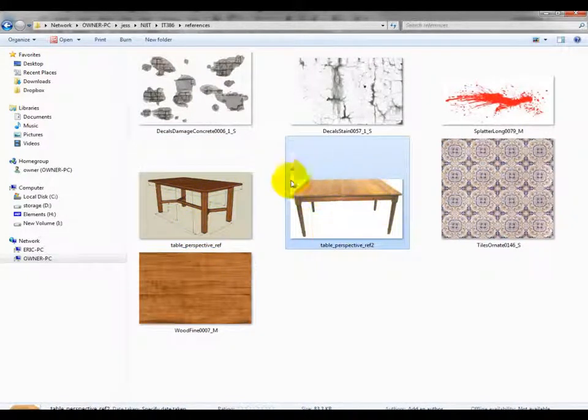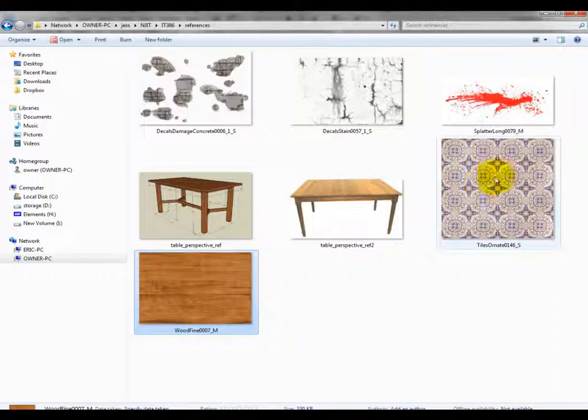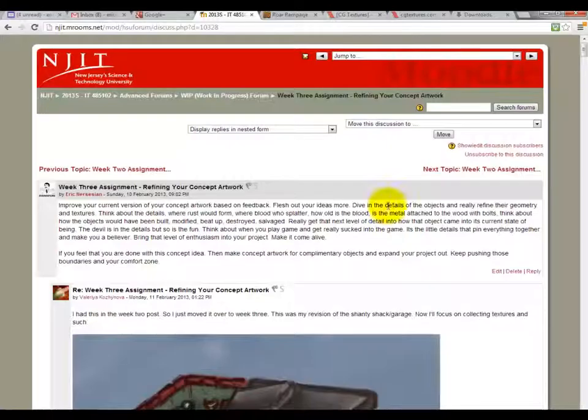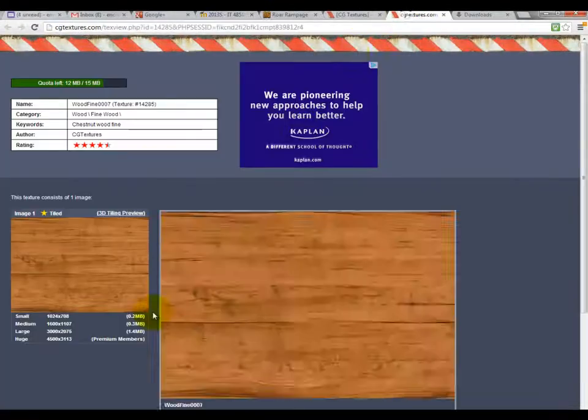But basically I was going to start with this image, and then I found some images on cgtextures.com, like a tileable wood, some tileable tiles. I figure I want to make some tiles in the middle, and then I want some blood on it, and I want the table itself to be kind of beat up, and I want the tiles to be beat up. So I found this interior concrete stuff. And what's important to note on CG Textures